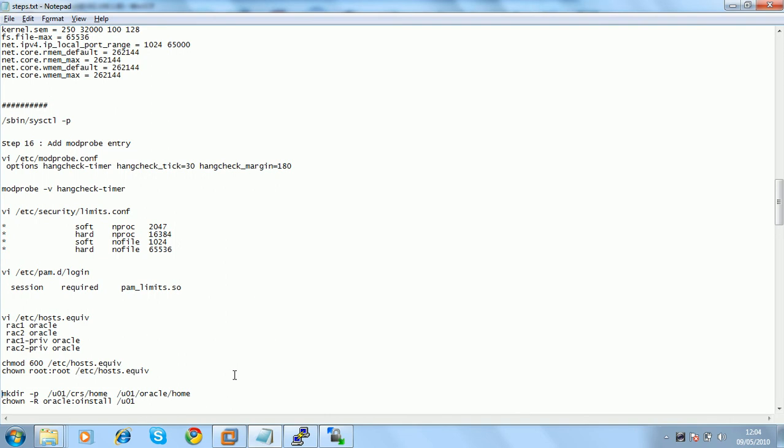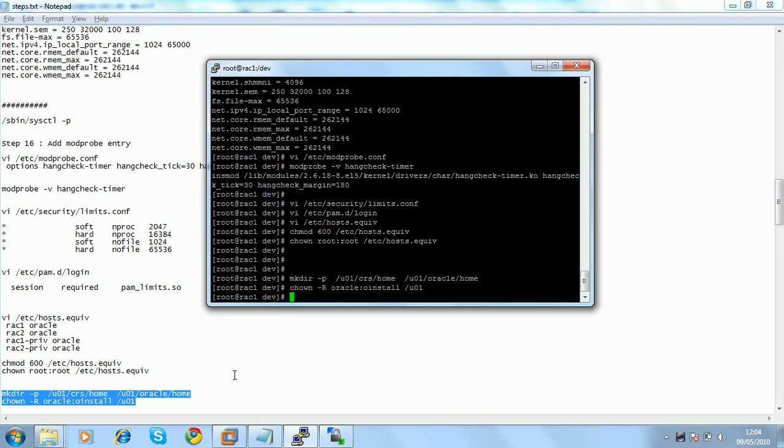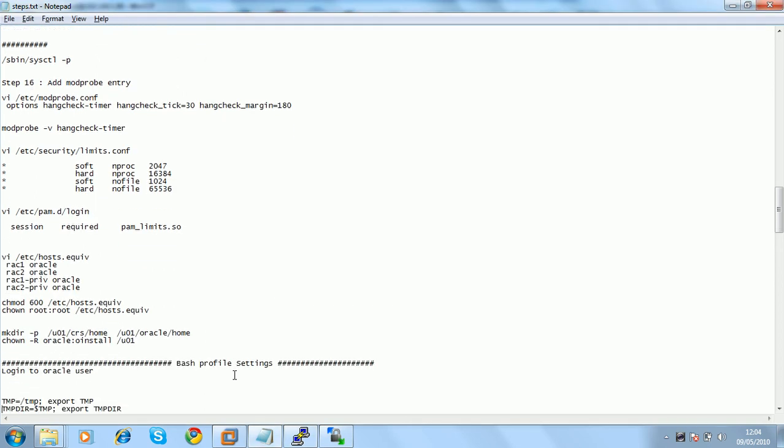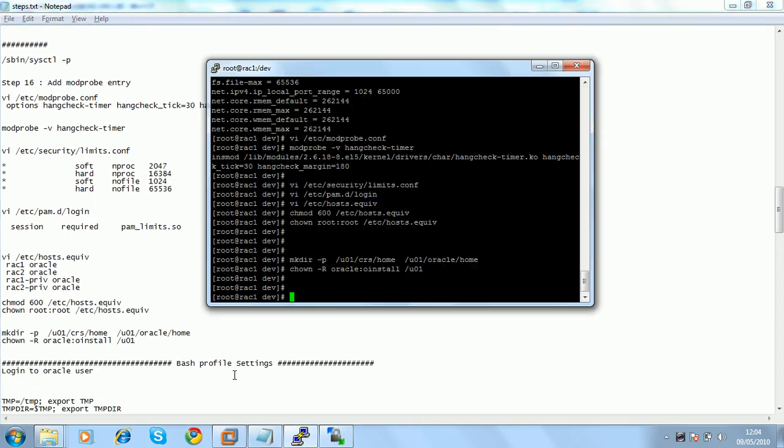So I have done all the things as required. I'm creating two folders, one for my CRS home and one for my Oracle home, and I'm giving the permission to the Oracle user. Now the next step would